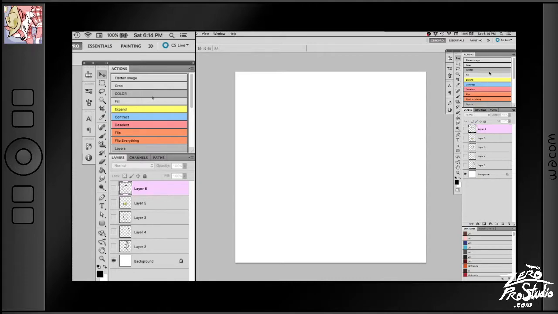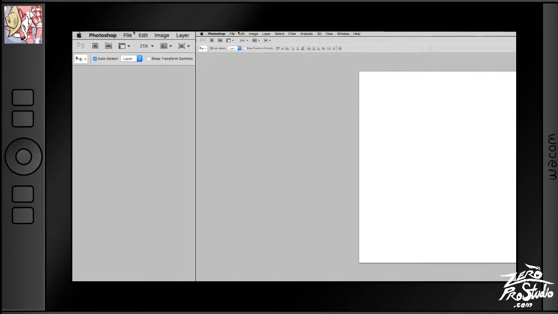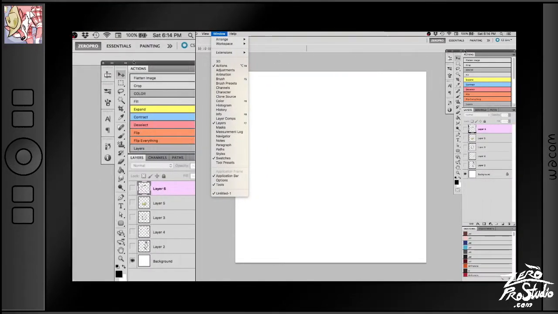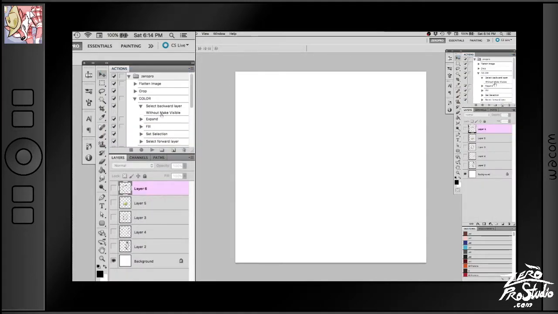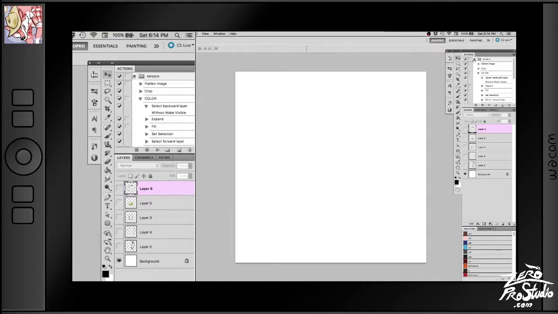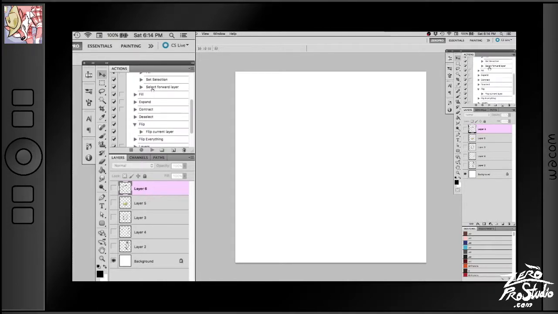So, what are actions? Basically, if you don't have them already open, to pull up your actions palette, go up to your Photoshop file, edit image, all the way over to window and down to actions, and that will pull up this panel right here. Now if you've just pulled it up for the first time, it'll probably look something like this. This is the default look, how it comes up. So yeah, these are my actions, and the ones that you've downloaded from me are all the ones under Zero